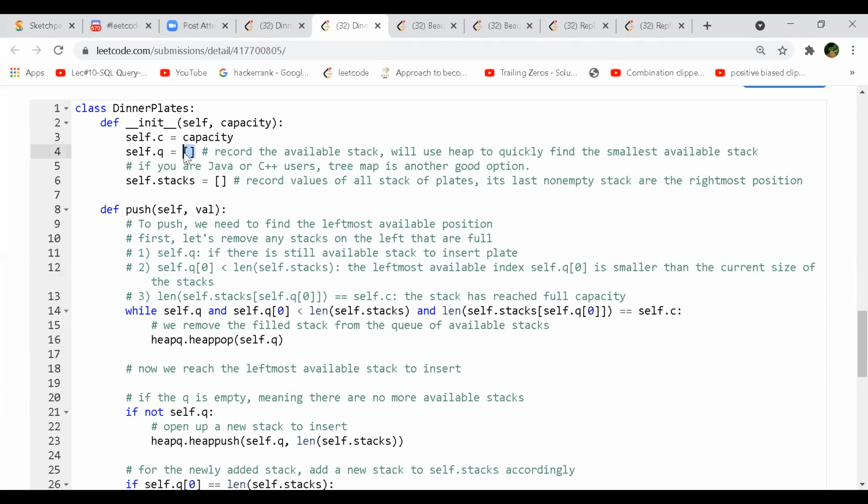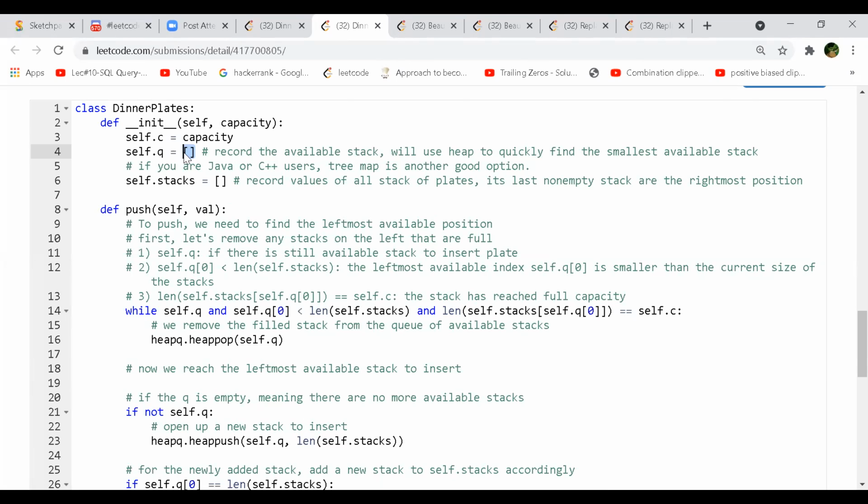If the first element is lesser than the self stack, it means your stack size, that is what it means, right? Length. Yeah, it's the size of that list. So if you are not at the very end, because all the stacks are complete with their capacity, then only you will go to the end, right? So you are trying to check that, and then you are going to pop that. And also you are using another end to check the capacity whether it's full or not.